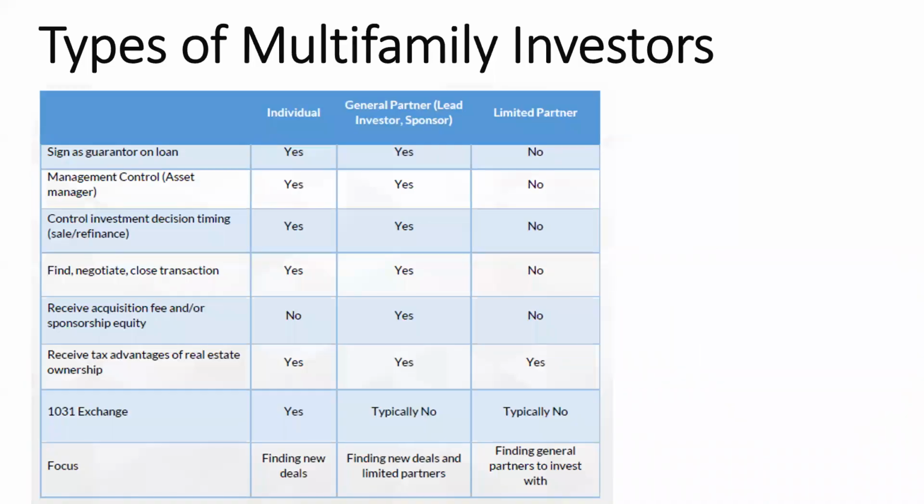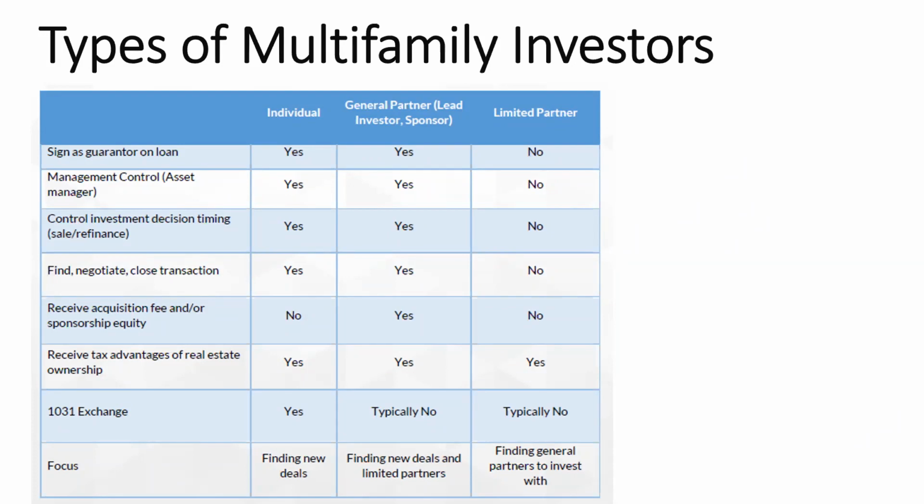All right, so let's talk about the types of multifamily investors that I work with. Number one is sort of the individual. This is someone who's essentially going to have their own money to put down the down payment to qualify for the loan, who's going to find the deal, who's going to manage the deal. This is probably pretty rare. Maybe 10 to 15%, maybe 10% of the people that I work with are just individual investors. Majority of the people are going to be on the general partner and limited partnership side.